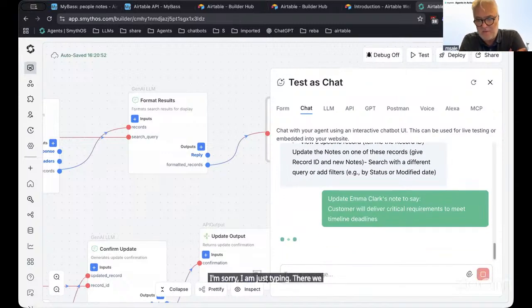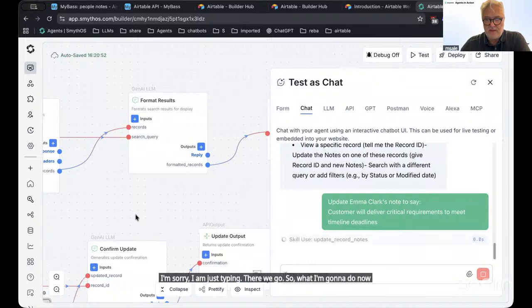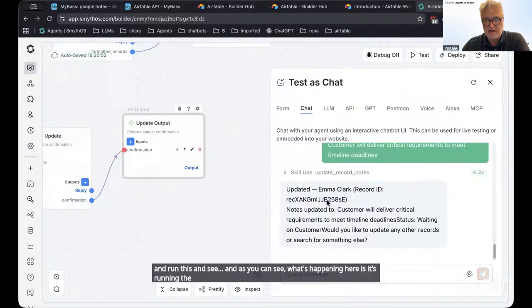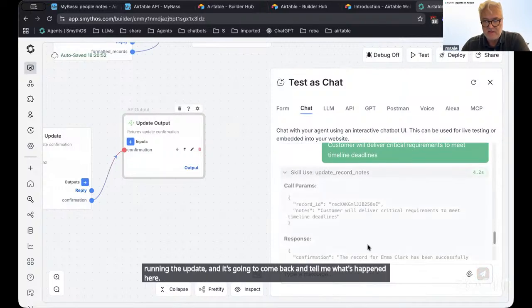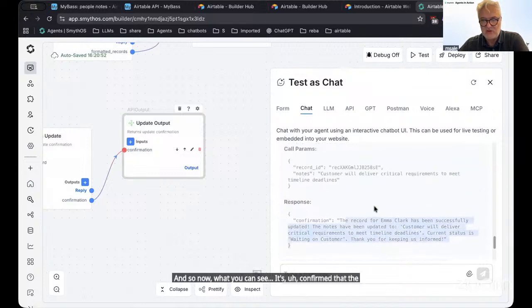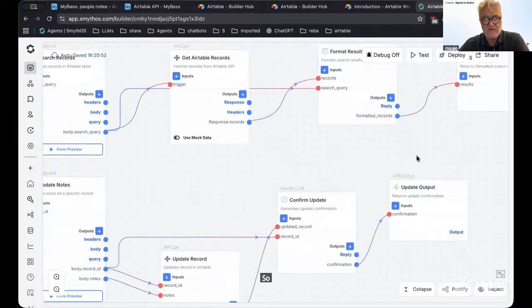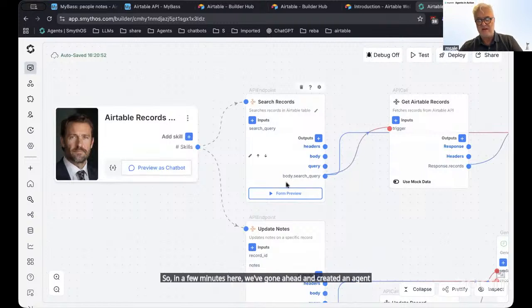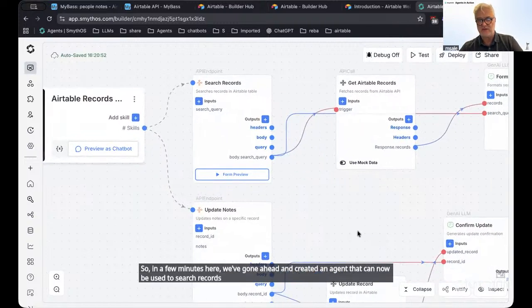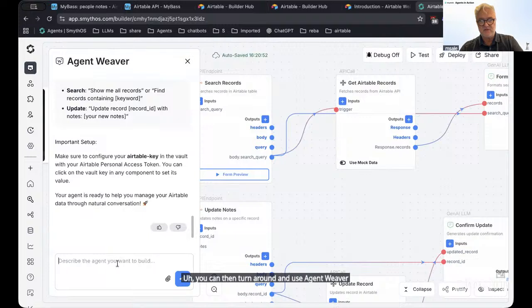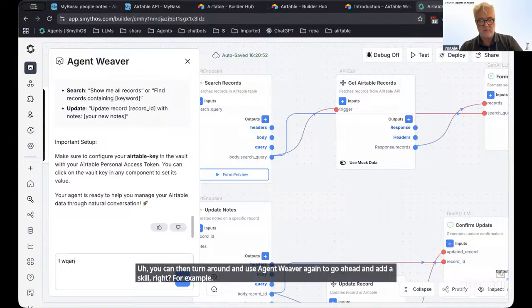There we go. So what I'm going to do now is run this and see. As you can see, it's running the update and it's going to come back and tell me what's happened here. And now you can see it's confirmed that the note has been changed. So in a few minutes, we've created an agent that can search records and update notes. You can then turn around and use Agent Weaver again to add a skill, right? For example,